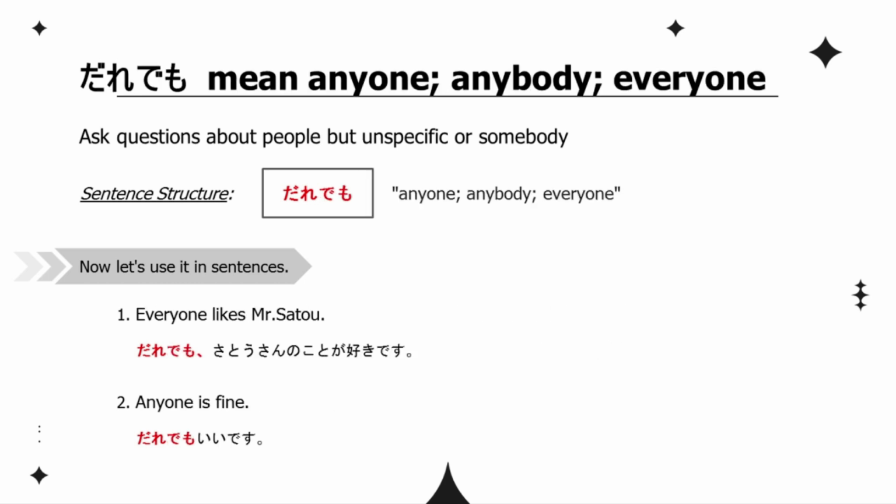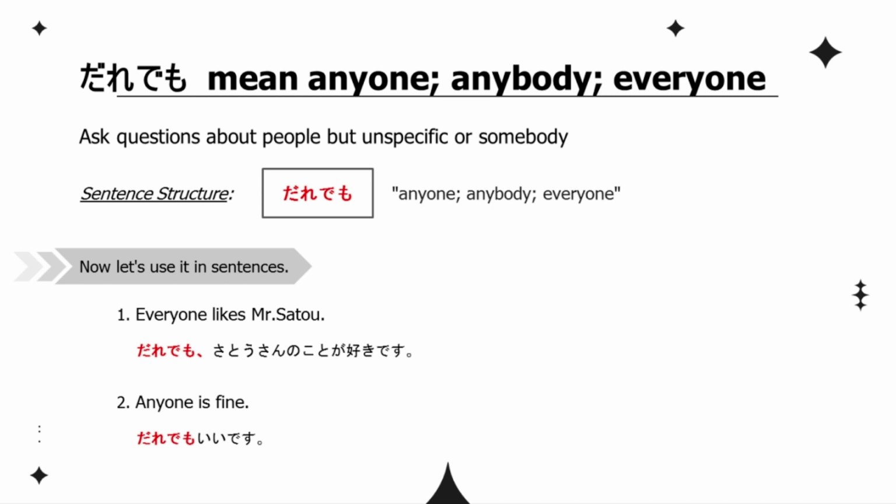5. Usage of anybody and everyone in Japanese. What do we use for words like everyone, everybody, or anybody in Japanese? Let's explore. Formation. 誰でも in Japanese to show that everyone is doing an act. See some examples and try to create your own sentences. Everyone likes Mr. Sato. 誰でも佐藤さんのことが好きです。